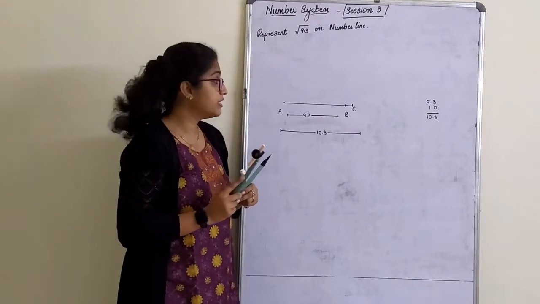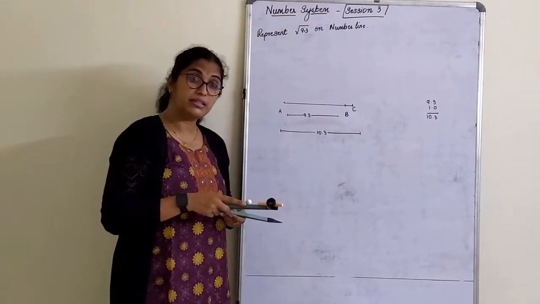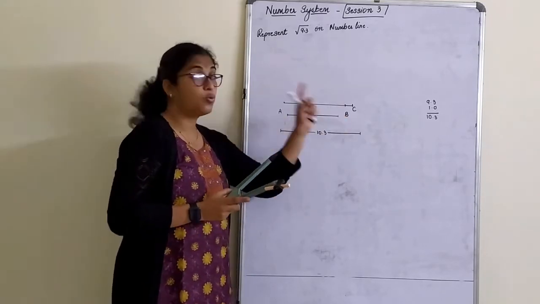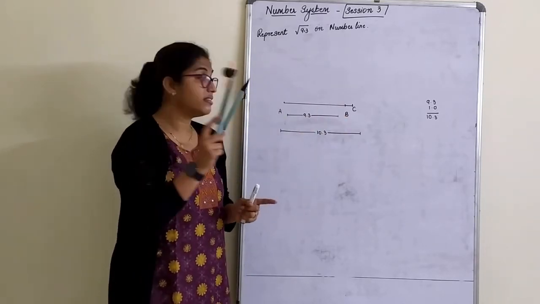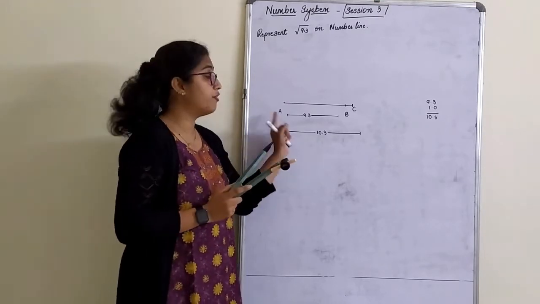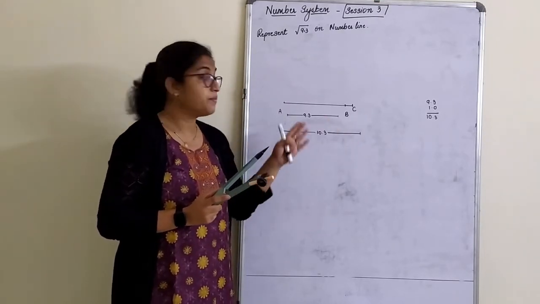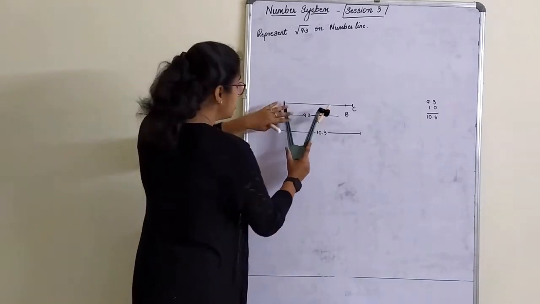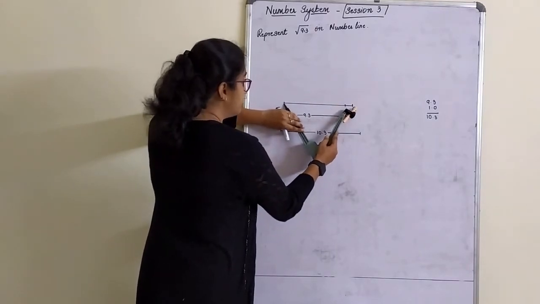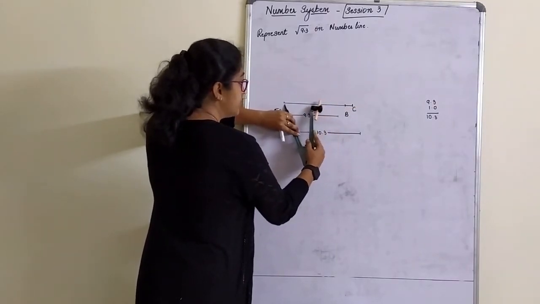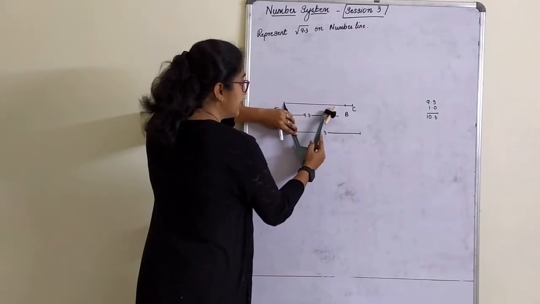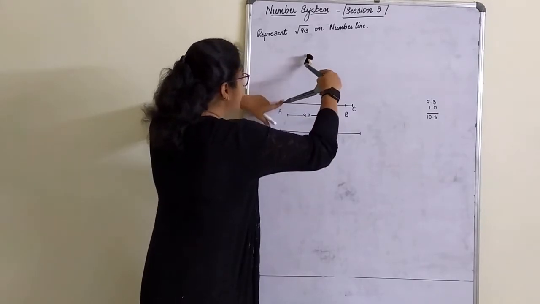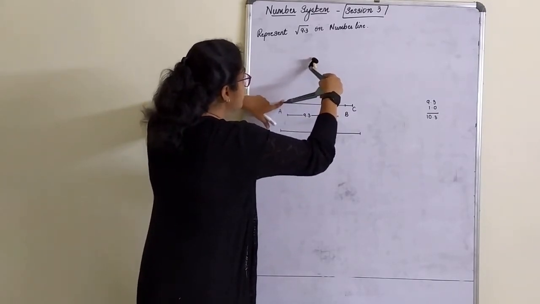Now don't ask me, teacher, it is 10.3, shall I take 7 centimeter as more than half or 8 centimeter as more than half? It is always told that whenever you want to bisect the line segment, take that radius as more than half of the given line. So more than half can be anything. No asking 8, 6, 7, 5, anything like that. So see here, this is the full measurement of this AC. This will somewhere come half. So this is something more than half. Okay, so keep your arc at the A point here. Cut it here.